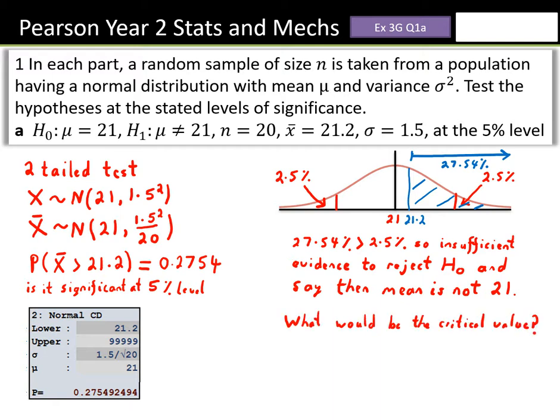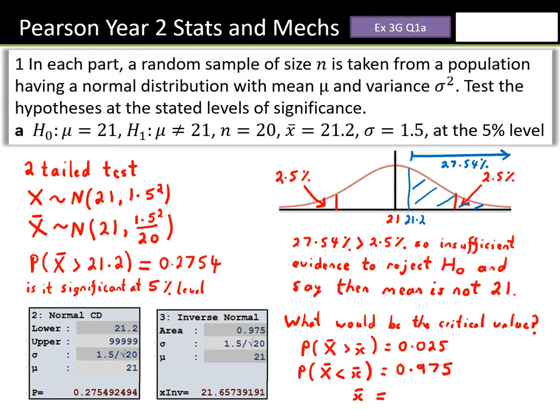What would the mean of the samples need to be for us to say, oh, we can reject the null hypothesis? Well, we've got to find the probability of a sample mean equaling 2.5% or 0.025. Well, let's do it the other way around. Let's do it less than X bar, so less than 0.975, because we can do that easily on our inverse normal calculation. So area is 0.975, standard deviation as before, mean is 21, and we can see we'd need to get a sample mean of